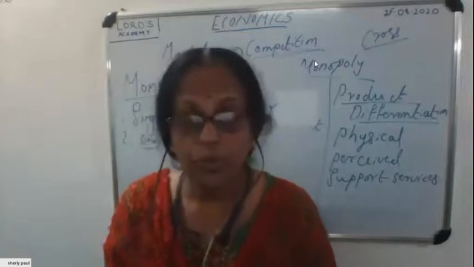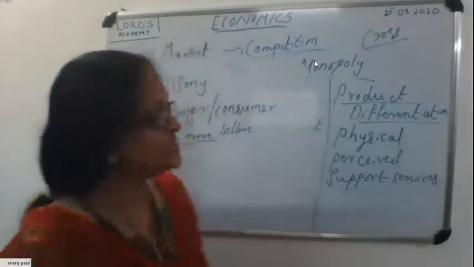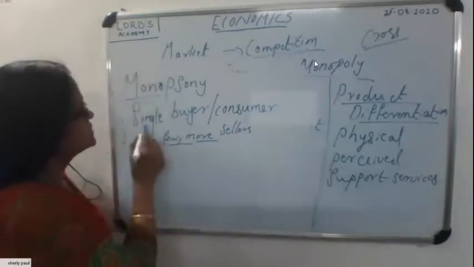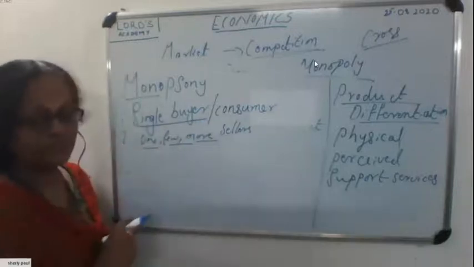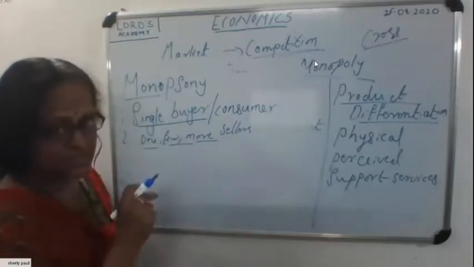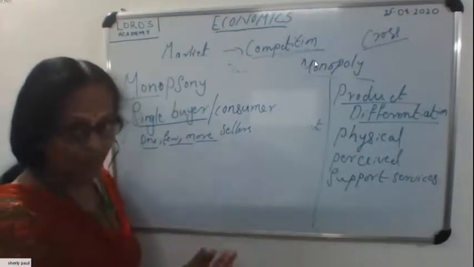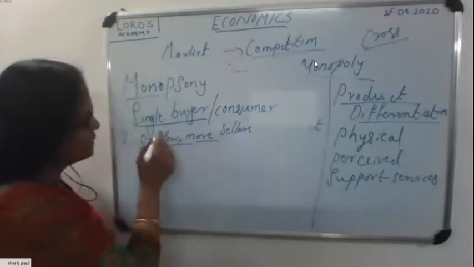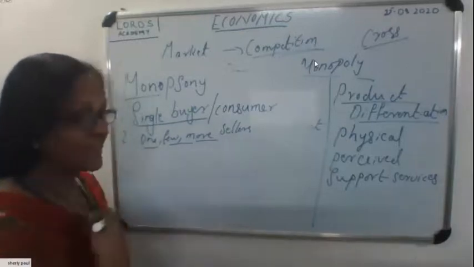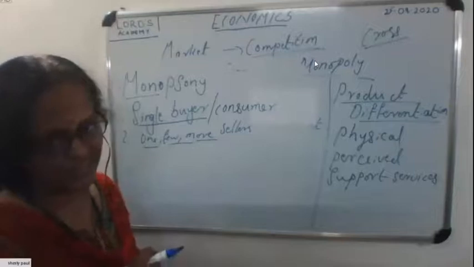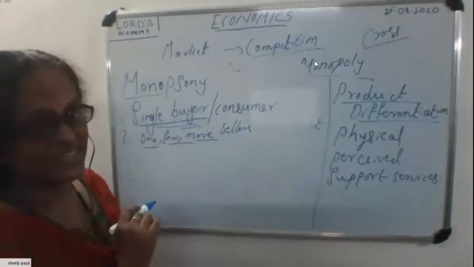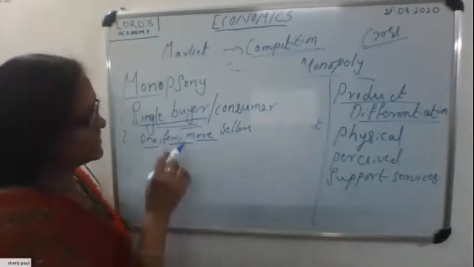Another one is that the monopsonist is able to influence the market price. Why? Because he is the only single buyer. Therefore, he has the power to reduce the price. There are two ways. If the sellers are many and they have the product, the buyer can say, okay, sellers are many, but I am the only person going to buy this, therefore I can fix the price. I can bargain for that. Therefore, sometimes we say he can decide the price. He is a price maker.